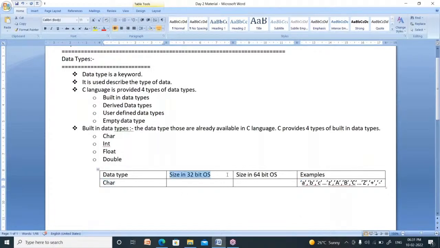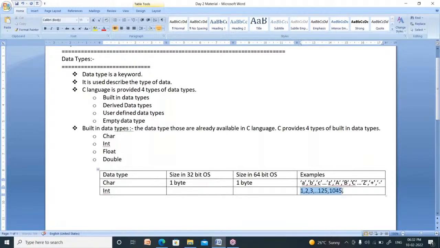The size of a character in a 32-bit operating system is 1 byte. In a 64-bit operating system also, its size is only 1 byte. Right. Now, the next data type is the integer data type. Integer means numbers 1, 2, 3 and so on. There are so many numbers, 125, 1045, all these are round numbers.